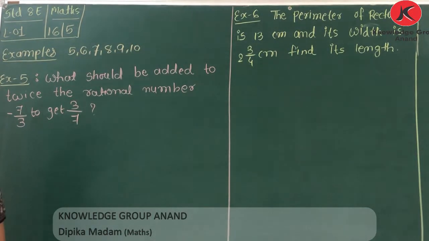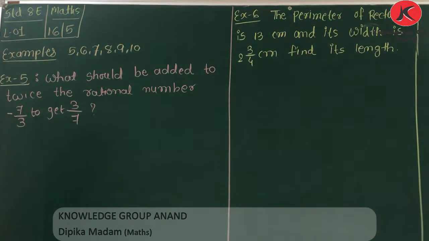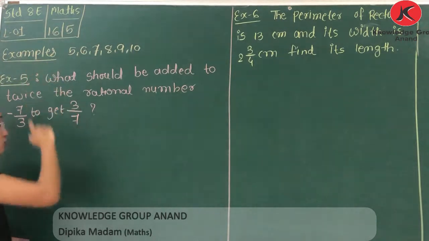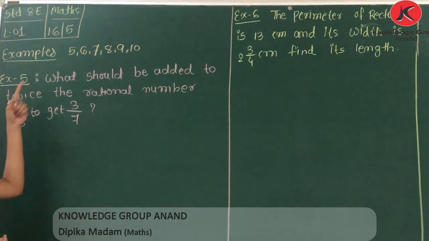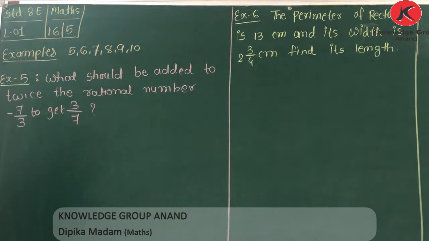What you have to do in a word problem, first of all, you need to make an equation from the statement. The statement is given to you and you have to try to make the equation. After the equation, it will be easy to solve it, which you already learned in 2.1. Today we will cover examples 5, 6, 7, 8, 9 and 10, which are already given in your textbook.